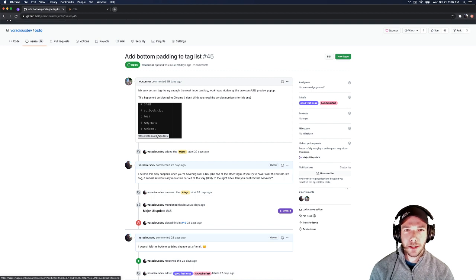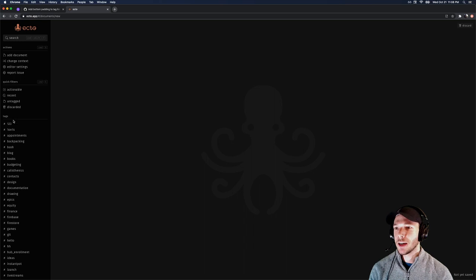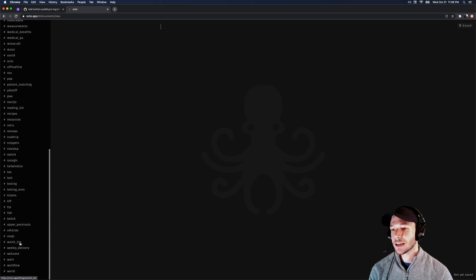So the issue is that the bottom tag in the tag list is hidden by the browser's URL preview pop-up. This happened on Mac using Chrome. Okay, let's find out. So if I scroll all the way to the bottom of this tag list, and I'm hovering over one of these tags, you can see in the bottom left-hand, down below where my mouse is here, I don't want to move because it moves out of the way, but you can see it says